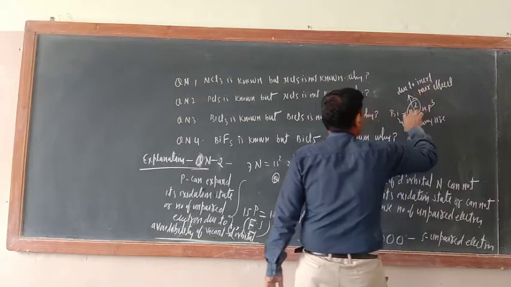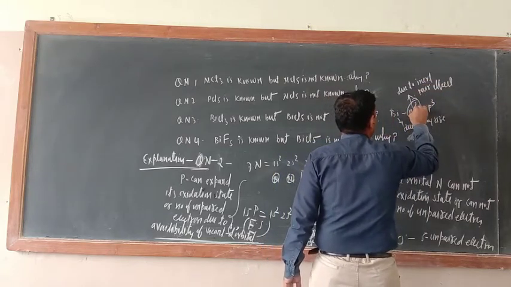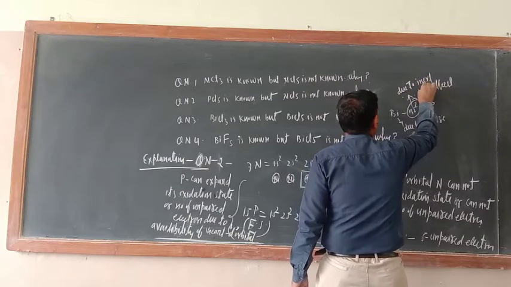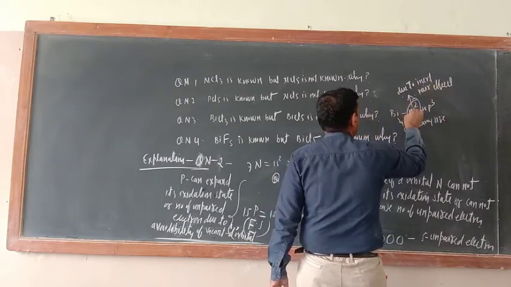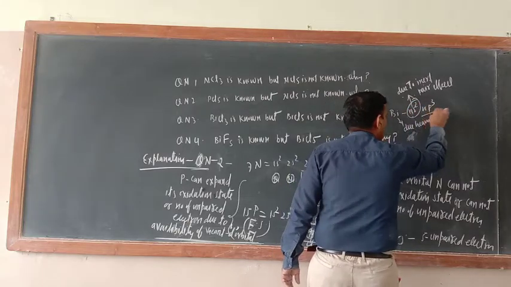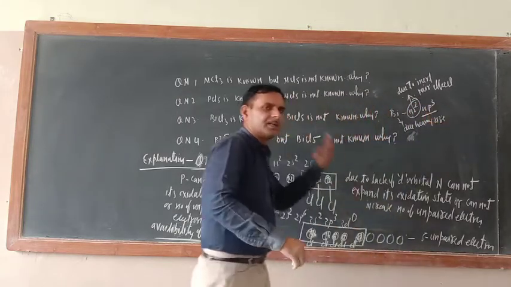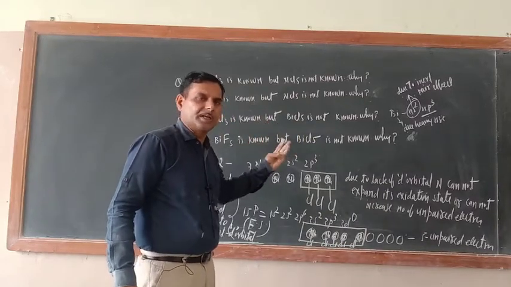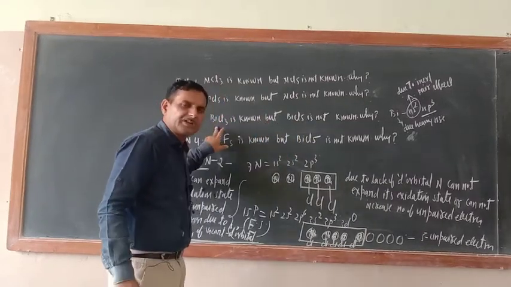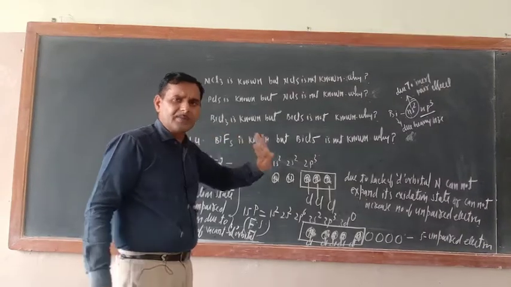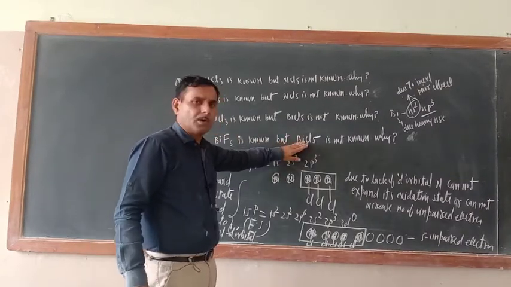Due to inert pair effect, now this will not take part in the bond formation. Who? S orbital electron. So who will take part? Only phosphorus. That is why it will exhibit the +3 oxidation state only, and the compound of +3 oxidation state is possible. Okay, all 5 electrons are not available for bond formation.